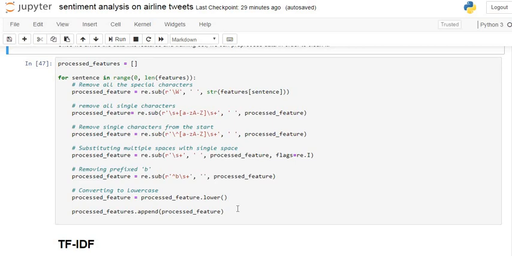Actually, it is necessary to convert all the tweets into lowercase for better conversion of our text data into numeric data. When there is one word in uppercase and the same word in lowercase, they are considered separately in our text analysis.